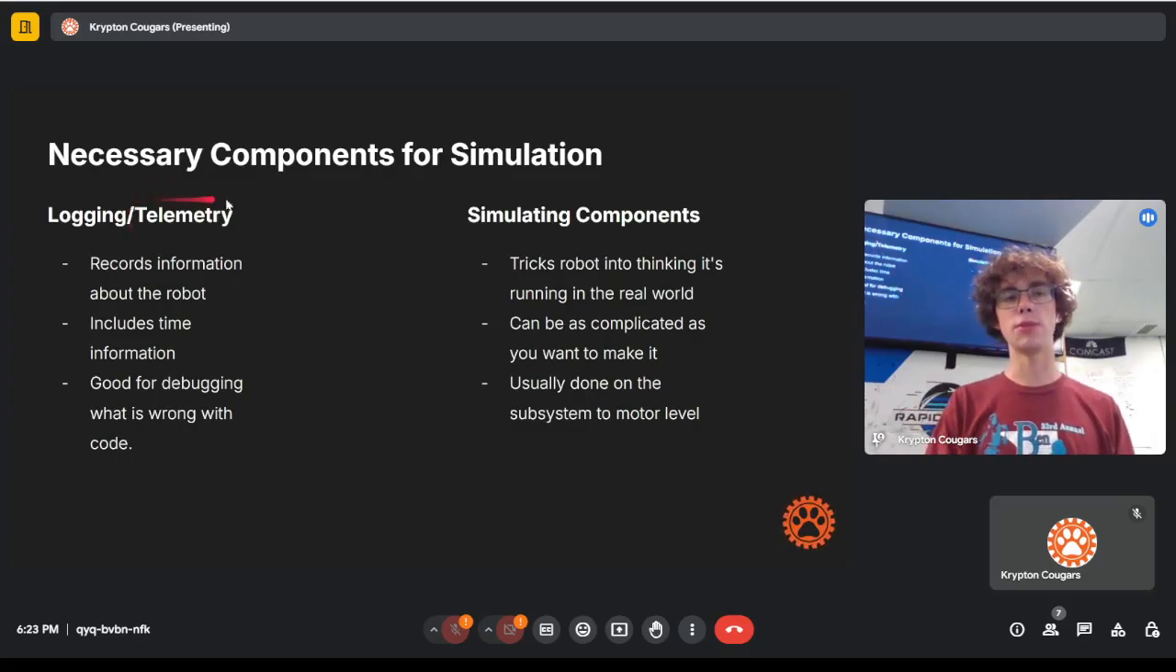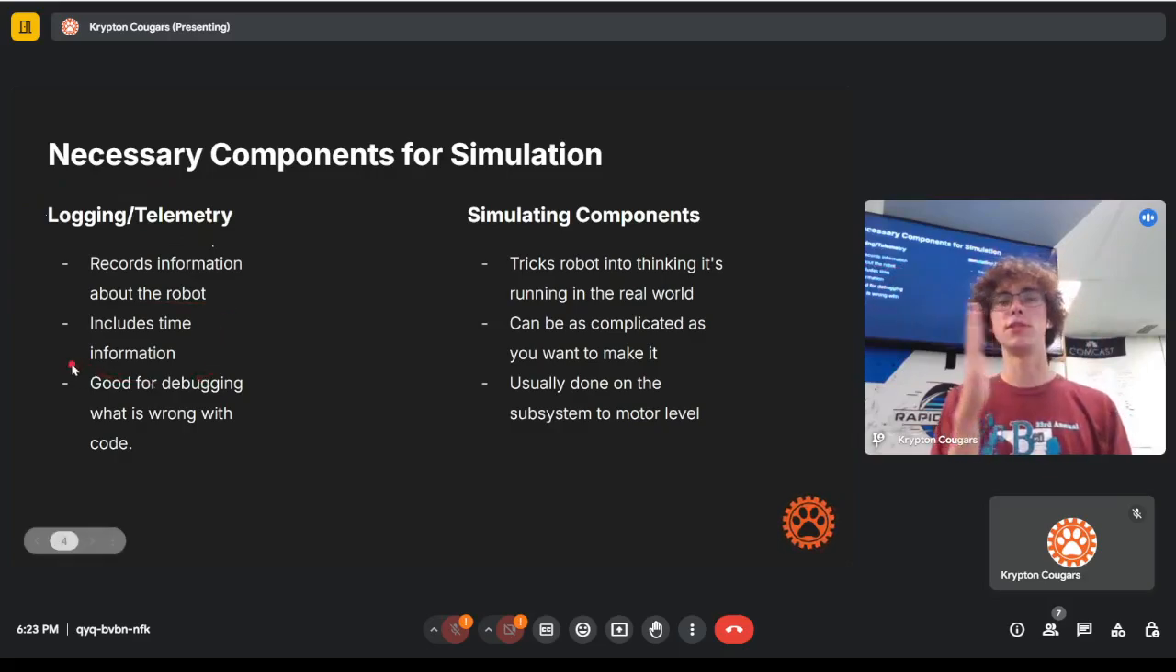And you could do telemetry without any logging, in which case after the match is done, you'd have no information, but while it's going, you could see what the current temperature is. Usually it makes sense to do these in combination. So yeah, it records information out of the robot. Usually it includes time information if you're logging, so you can see at what time was the temperature of this. And it's very, very good for debugging what is wrong with your code, because it kind of gives you